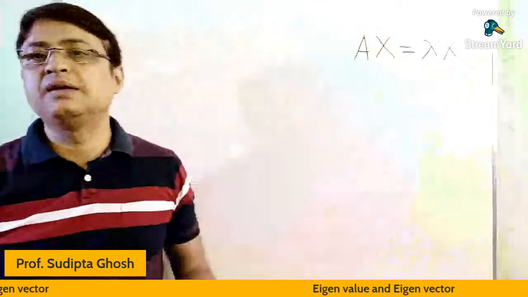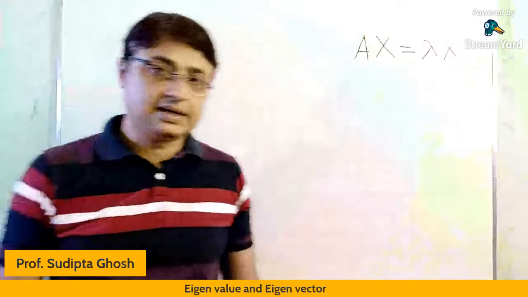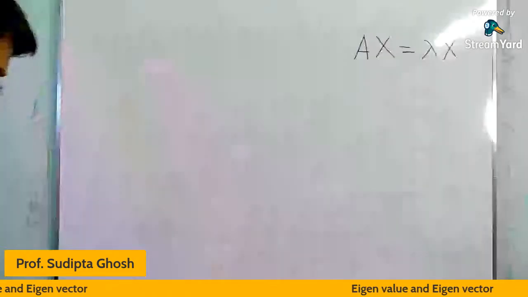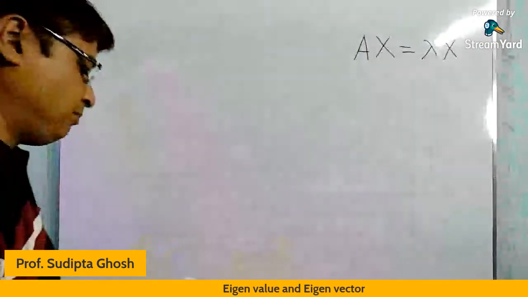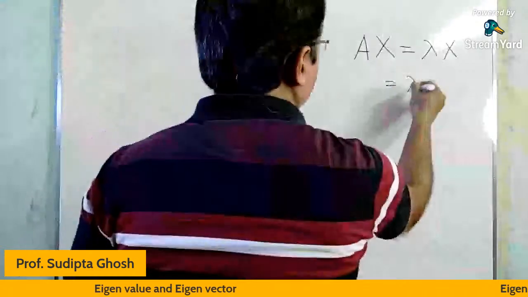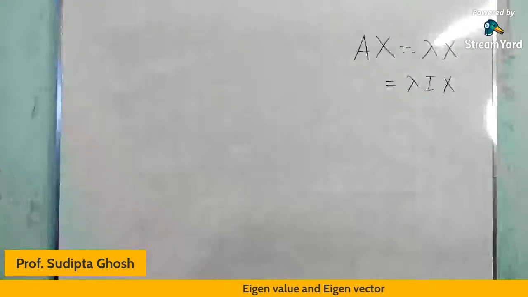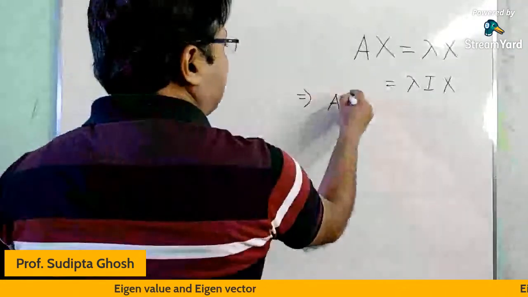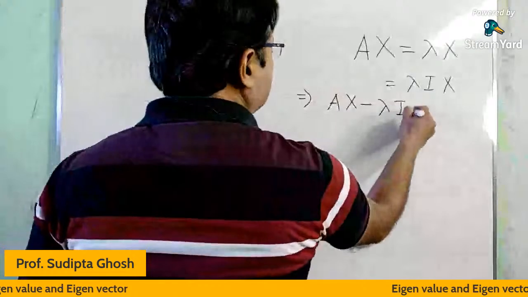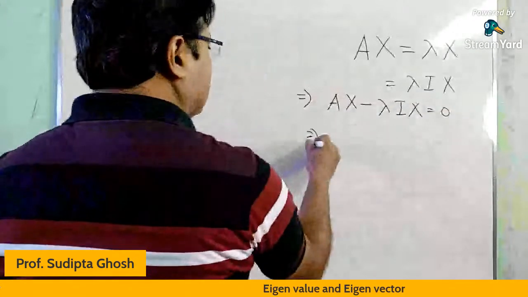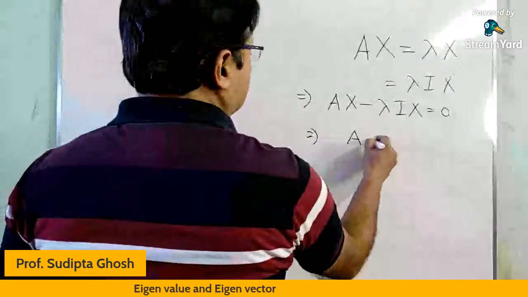Now this is the eigenvalue equation where lambda is the characteristic root of this matrix A, corresponding to eigenvector capital X. So we have Ax equals lambda x, or it can be written as lambda into capital I into x. Normally capital I is the unit matrix, and that's why it can be written as Ax minus lambda I x equals 0, or A minus lambda I